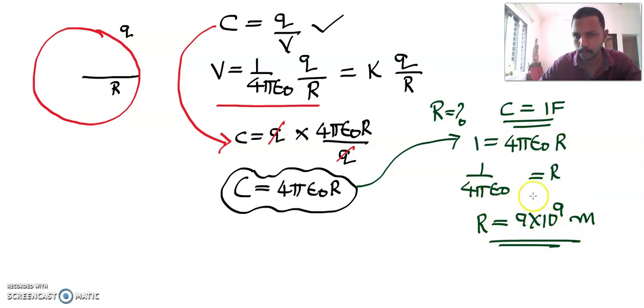Clear? Therefore, now we know the basic formula for capacitance is C is equal to Q by V. And if it is a spherical isolated charged conductor, the capacitance formula will be 4 pi epsilon 0 R. It's clear. Next, we are going to speak about a problematic situation, that is the liquid drop combining problem.